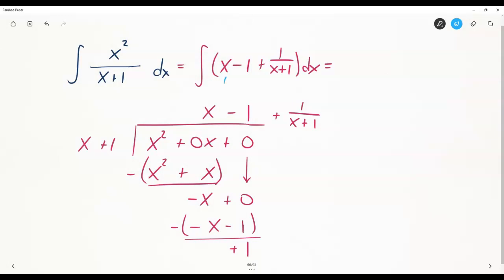Now these first two terms, the x and the minus 1, that's just a polynomial. We can integrate that pretty easily. And for 1 over x plus 1, the integral is natural log of the absolute value of x plus 1, because it's of the form y prime over y. So this right here